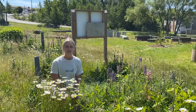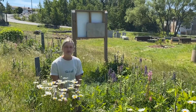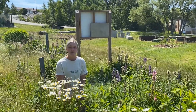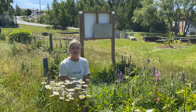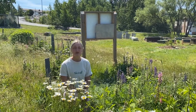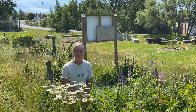So this week is National Pollinator Week. So we're celebrating this by talking about pollinator spaces and how to protect them. So in this webinar, we'll visit a couple gardens, and then also we'll have Jennifer Babin-Fenske joining us, giving us a presentation on insects afterwards. So stay tuned for that. And also, if you have any questions, leave them down in the chat and she'll hopefully get to answer them